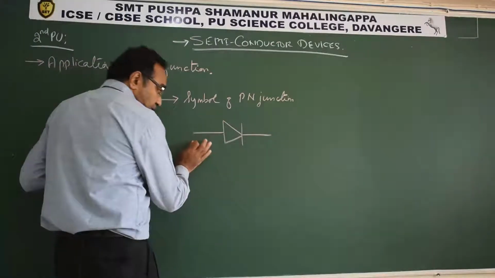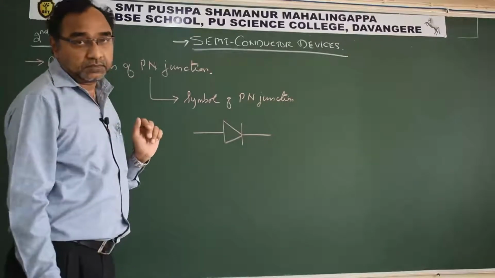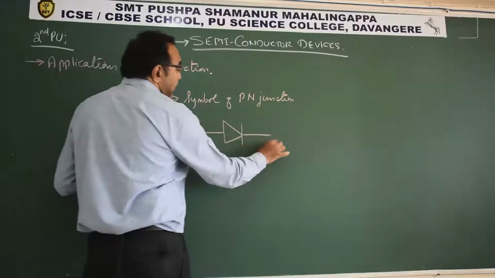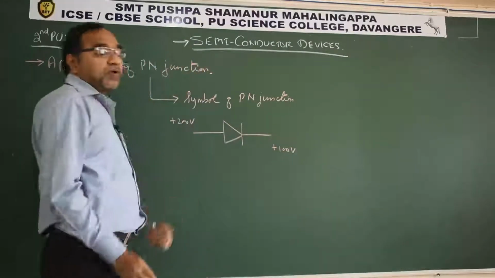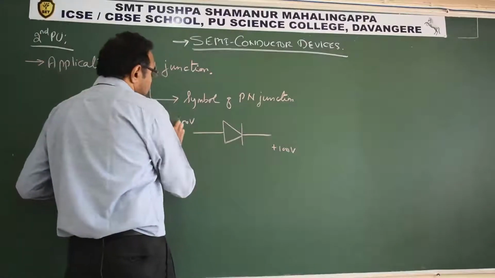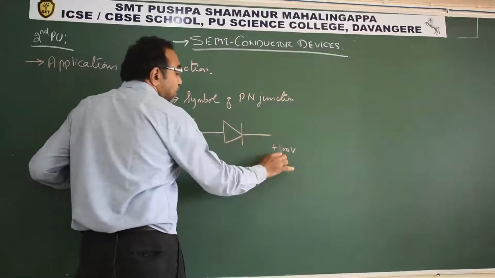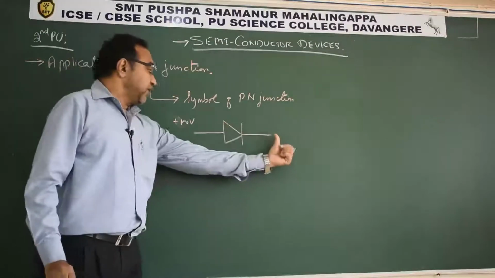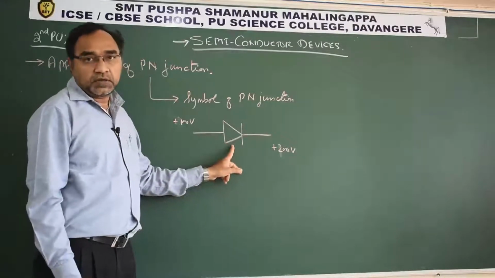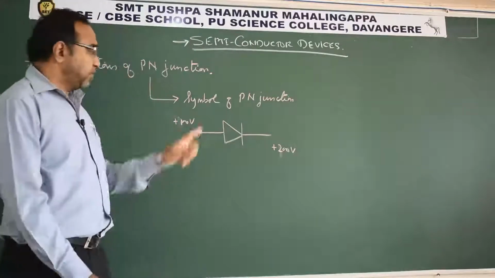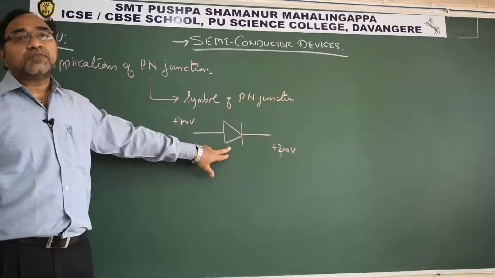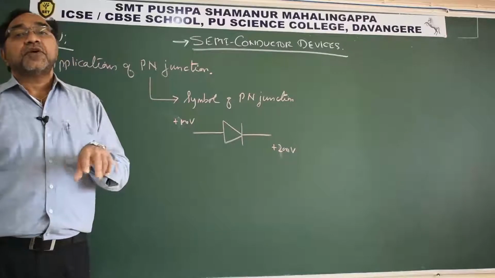If you connect this diode, PN junction, such that here plus 200 volt is there and here you have plus 100 volt, this is forward bias. Reverse it. Make this 100 volt. Make this 200 volt. This is reverse bias. See, from high potential to low potential, it is opposite to the arrowhead. That is reverse bias. This type of questions are normally asked. So you should know this is a symbol for a diode or a PN junction, and the arrow represents forward bias.